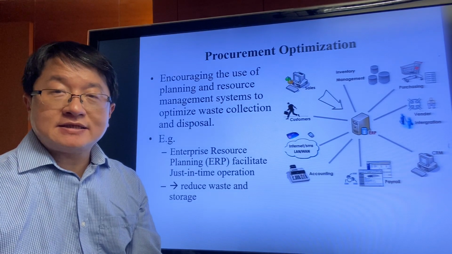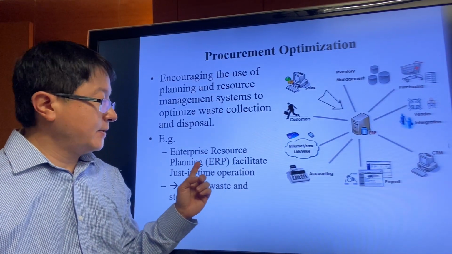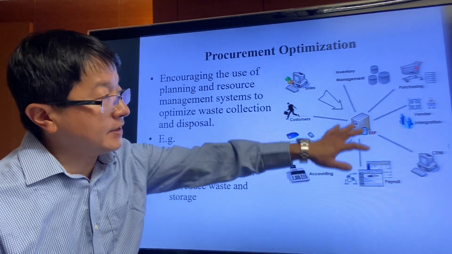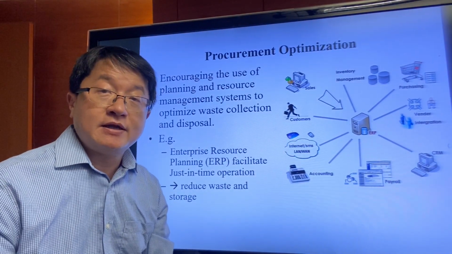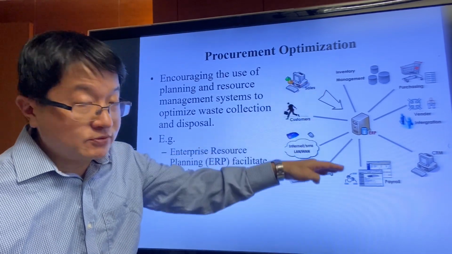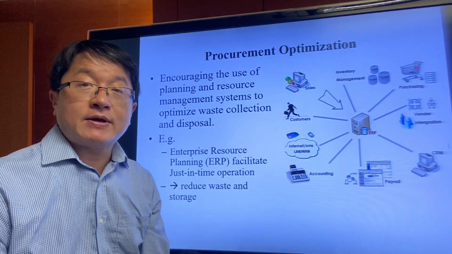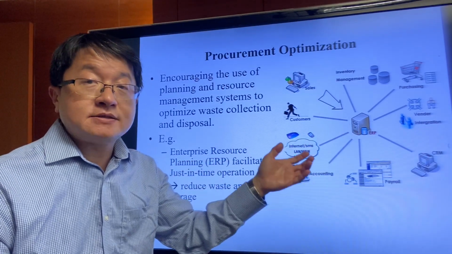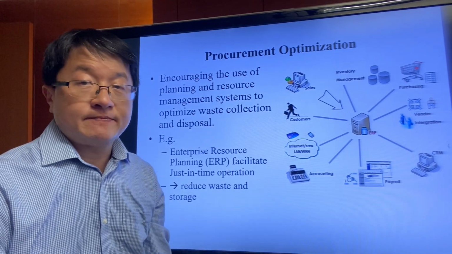Another way that ICT can help is by the use of ERP, Enterprise Resource Planning, and also the MIS, Management Information System, in a company. Many companies do have this system in place that can keep track of the inventory level and the raw materials, and when the materials drop to a certain level, they can send an automatic replenishment request to the supplier so that they can minimize the warehouse, minimize the energy for the storage, and minimize the operating energy.